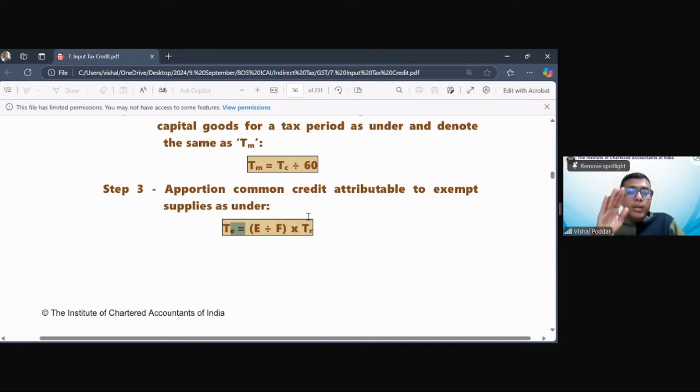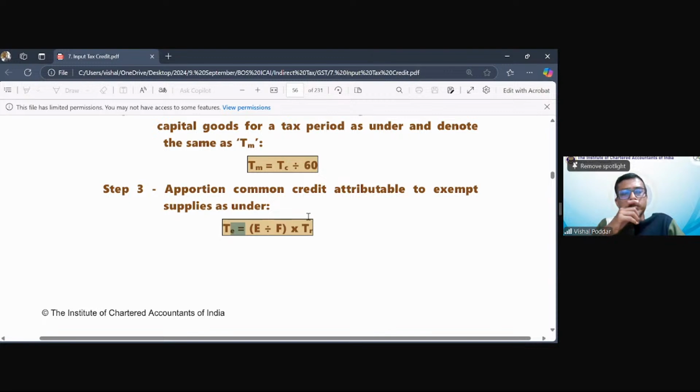No, beta, for that you have a separate working which we are going to study later in section 18. So if an asset is purchased and after 2-3 years you sell the asset, what is to be done of that asset's ITC, that you study in section 18. Okay, sir. Don't worry, that will come. Do you get my point? So it will come.